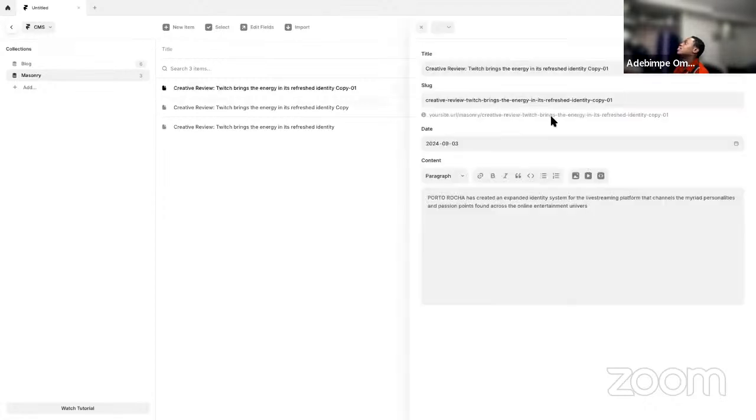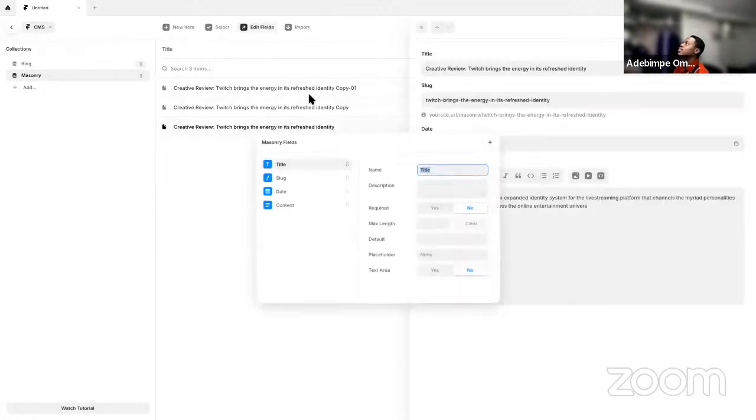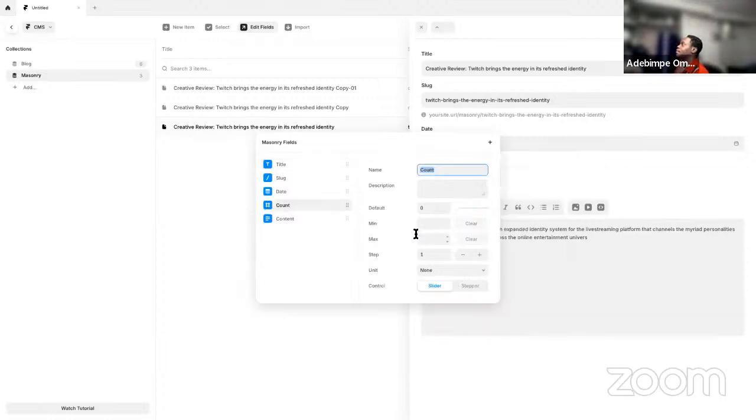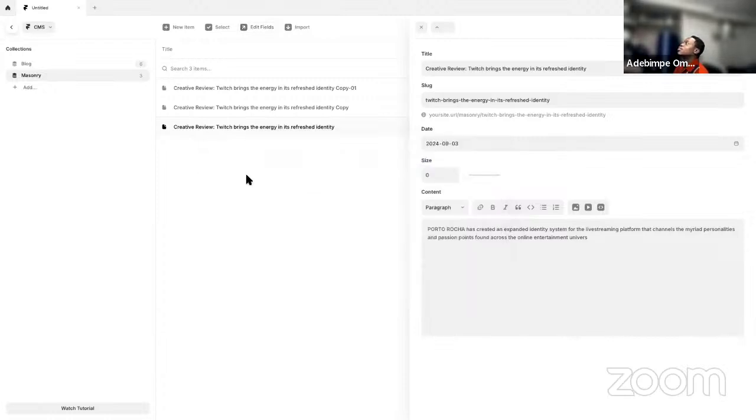and add that content here. So I do edit field, click on here. What I want to pick is, if you look at plain text size and this thing, what I need is a number. Okay, so that number now you can say size. All right, so now that I have my size, I can go back and say,